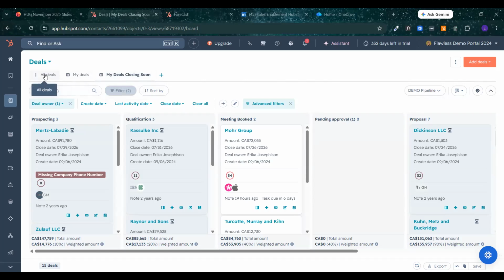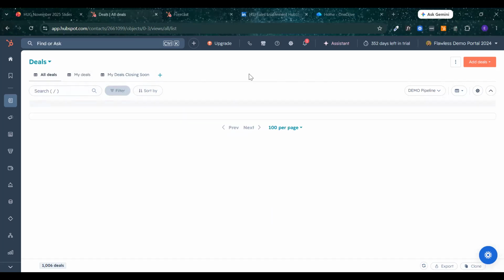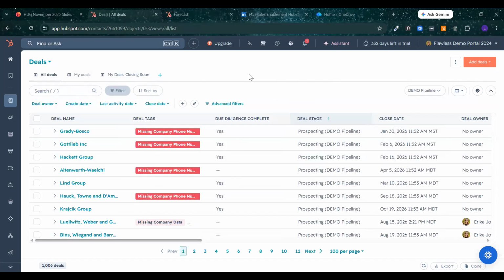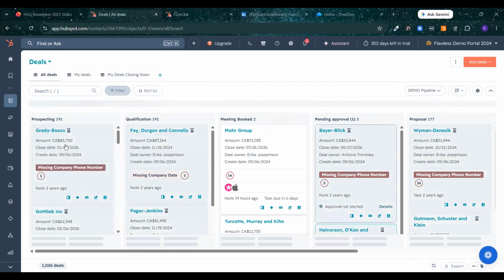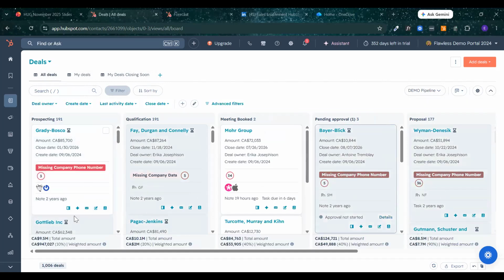The other thing that we recommend doing is, in the board view, customizing these items. So you can set up the custom, like what you see here.